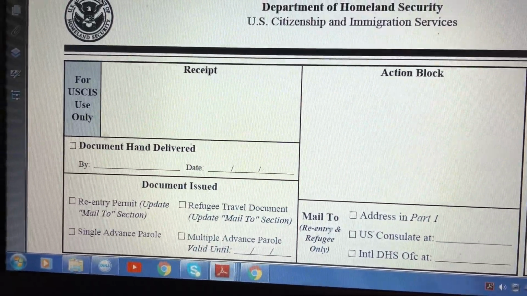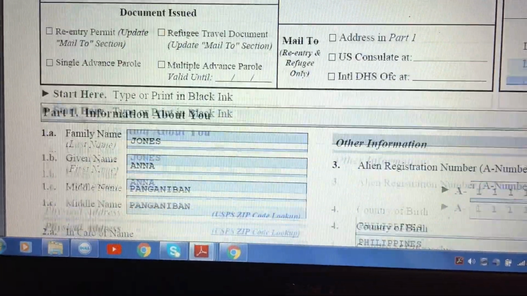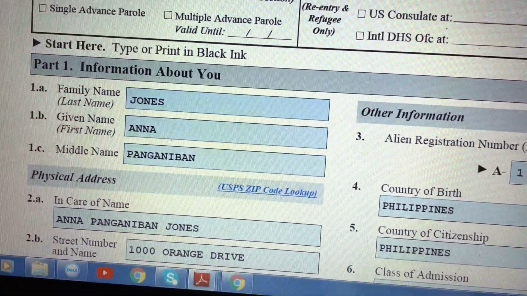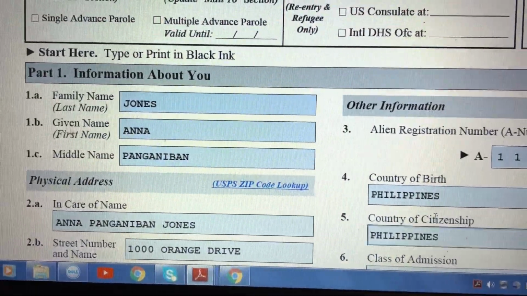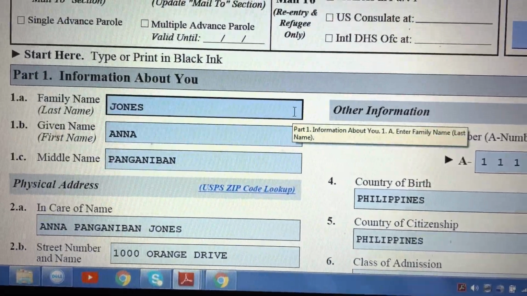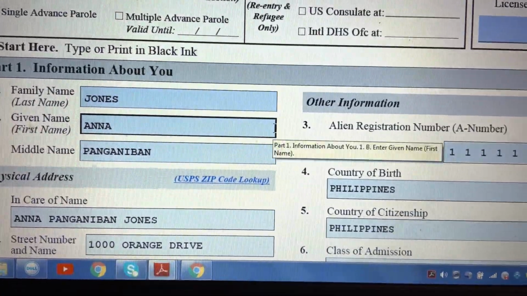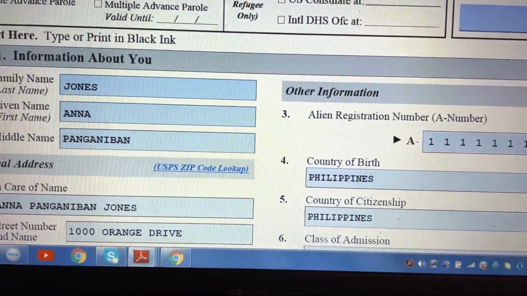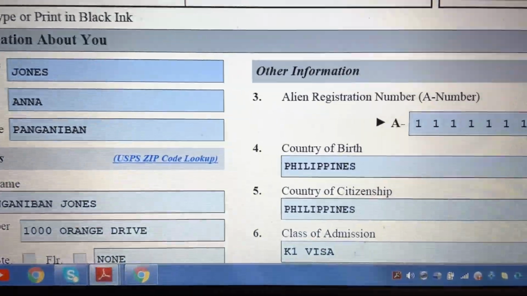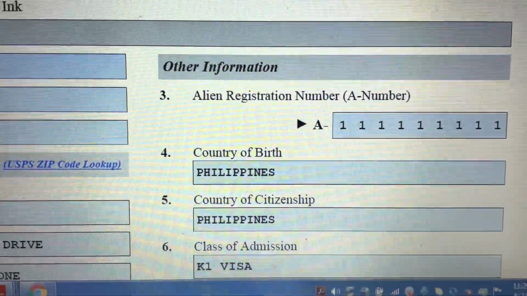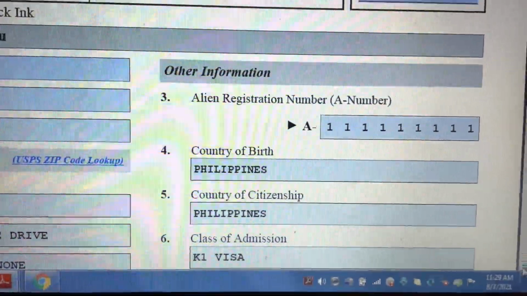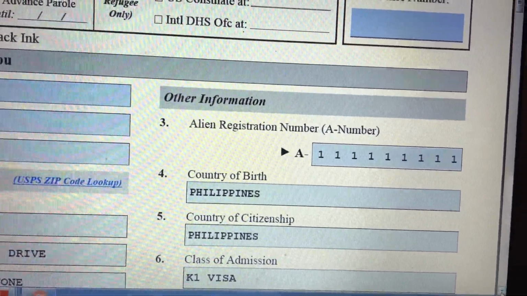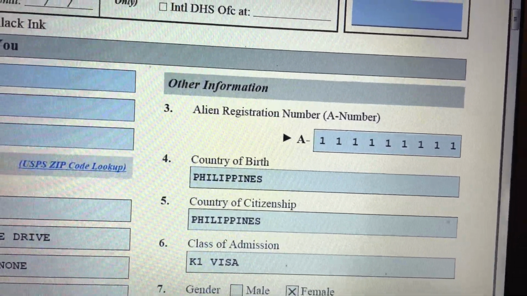So we have to scroll down and we will find this part 1, information about you. So you have to list your married name, then your first name and your middle name, which is our family name way back in the Philippines or while we are still single. Then in this part, you have to put your A number. As I have told you, your A number is in the upper right corner of your NOA 2 or your approval notice of your